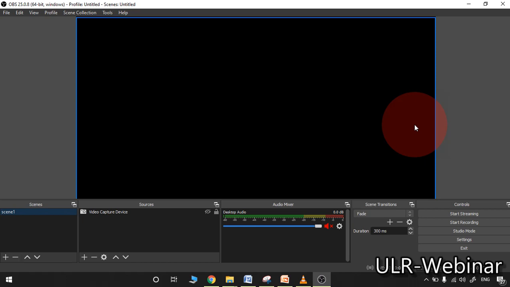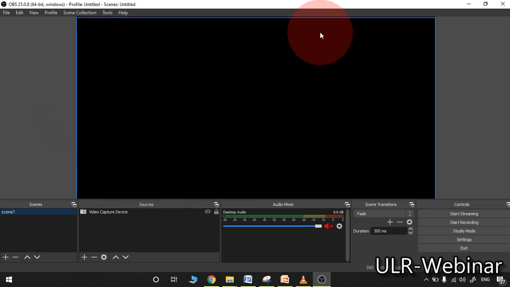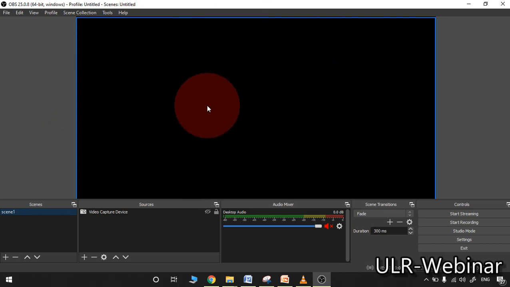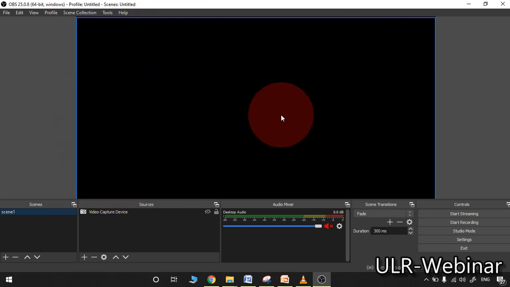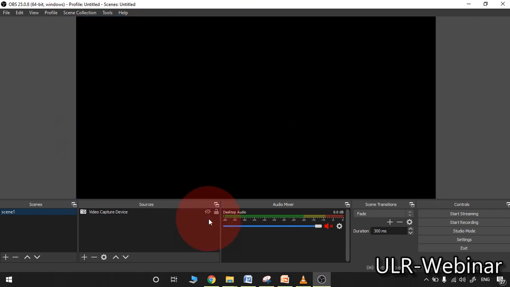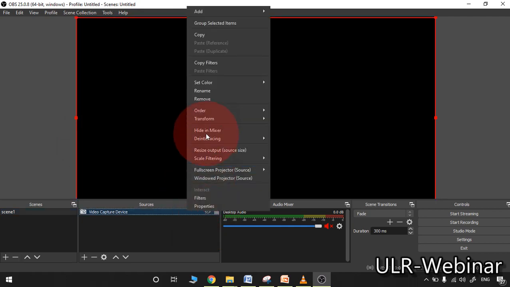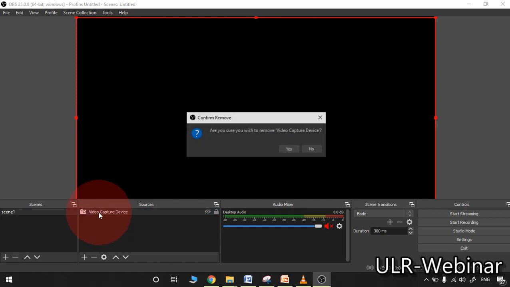So how to use this particular OBS for our usage? First of all I want to tell how to record the lecture with the help of OBS. Please observe, whatever appears in this window will be recorded. So here you need to select the different items you need to place in this window. I will start from the basic point.